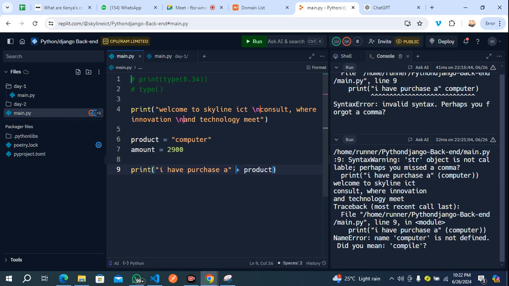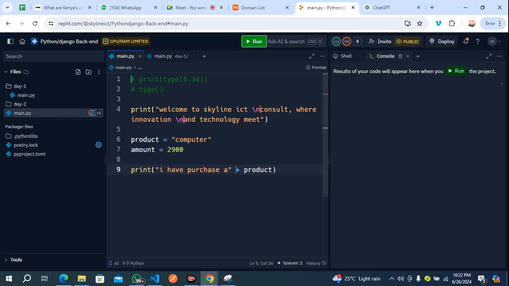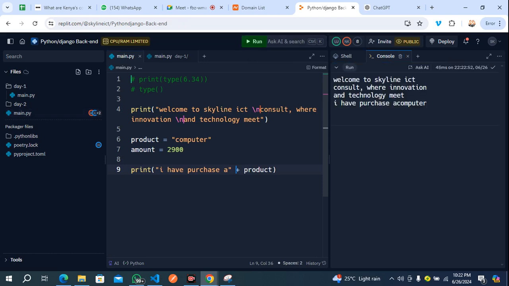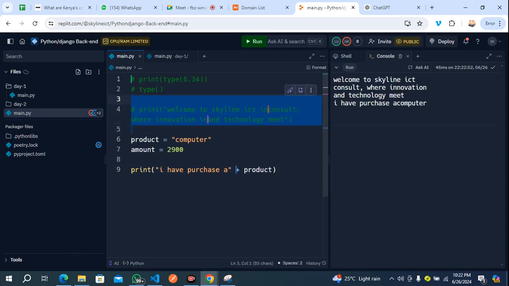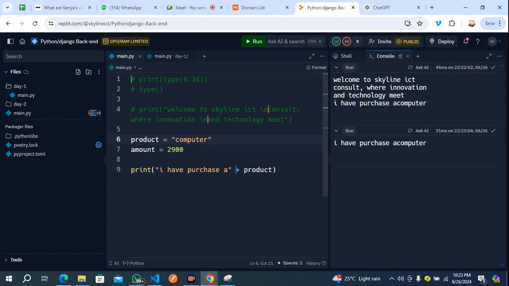Right. So when I put plus, what I'm going to do is to quickly clear this off. Then when you come here, let's uncomment this. Right. Now, you say that I have purchased what? A computer. So you can see this is how we can concatenate.